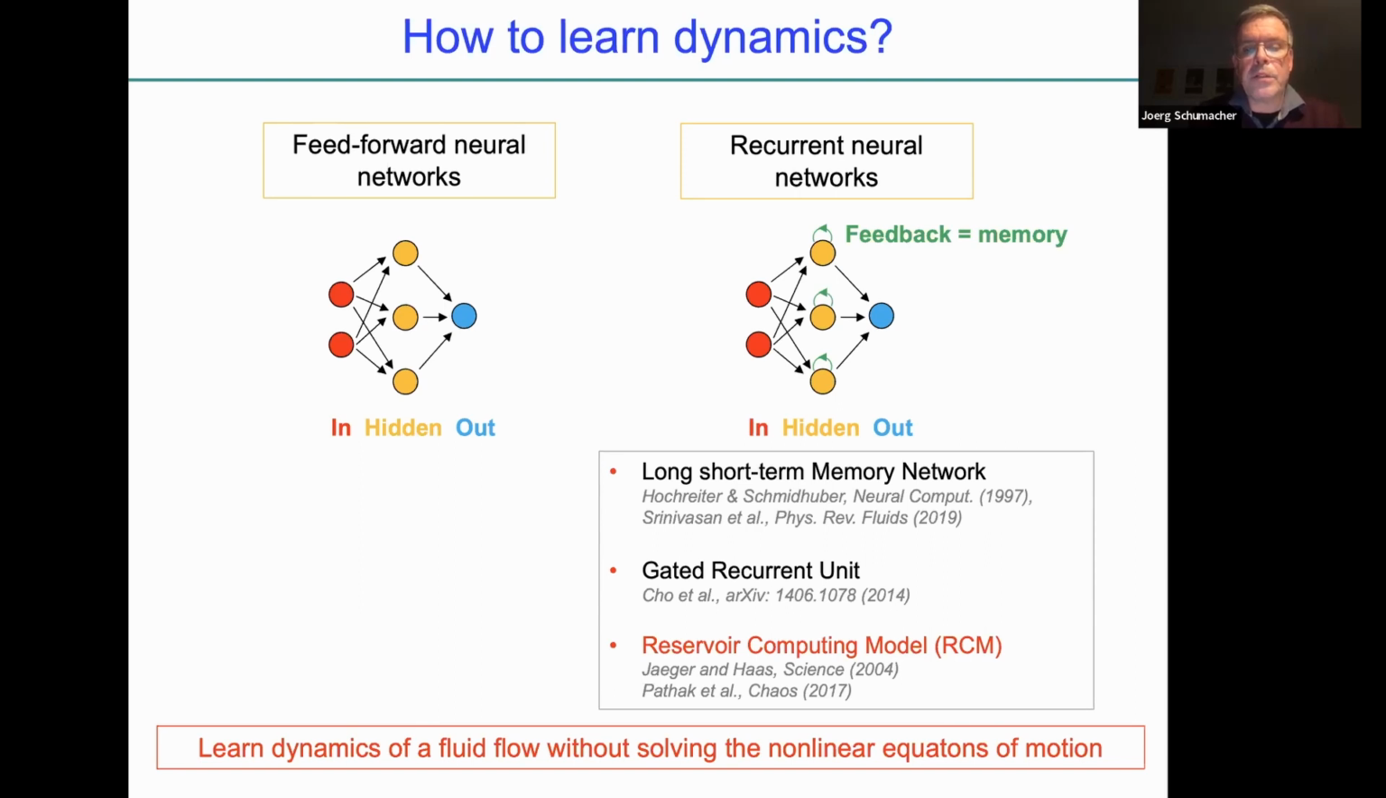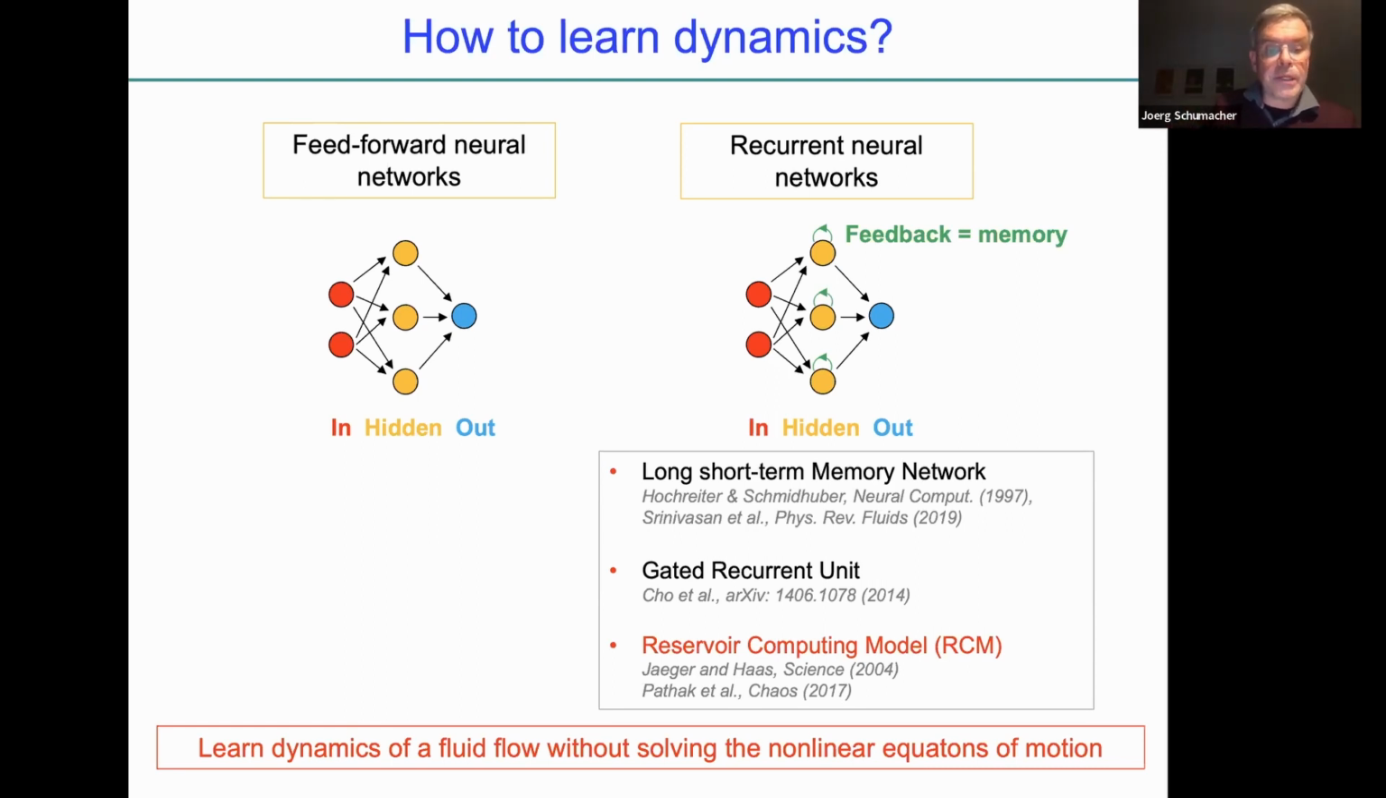The gated recurrent unit is basically the response from the other side of the Atlantic to the long short-term memory network. And the architecture I will be interested in for the rest of my talk are the so-called reservoir computing models, which have been suggested for the first time nearly 20 years ago. And those recurrent neural networks, they hopefully will be able to process sequential data